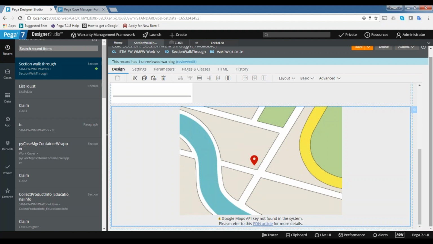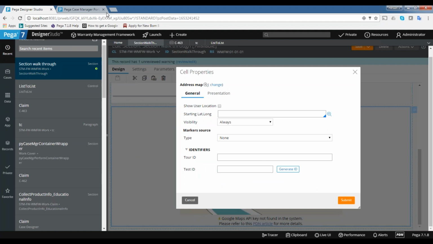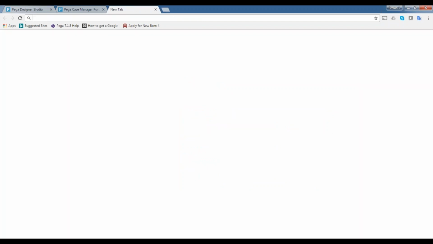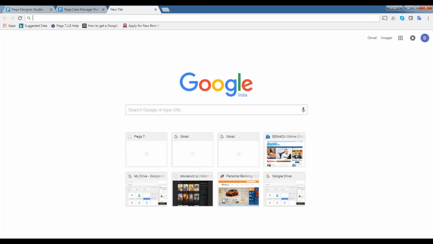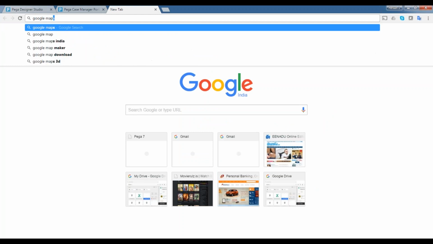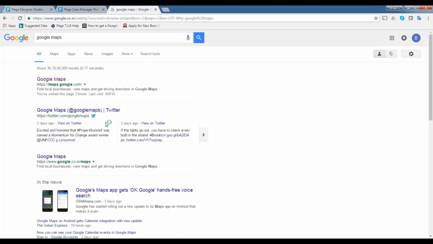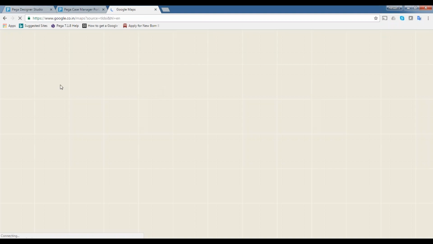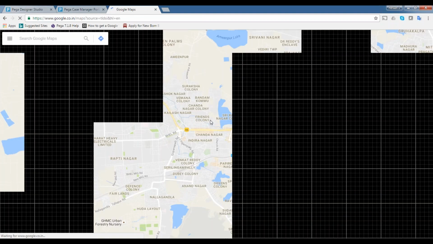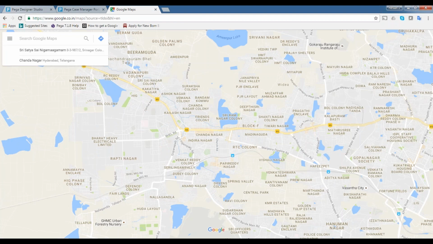Basically this will ask for the longitude and latitude of any location. In Google Maps, every point has a latitude and longitude. If you point on any area, you will get the latitude and longitude of that area. Let's say I want to know here.